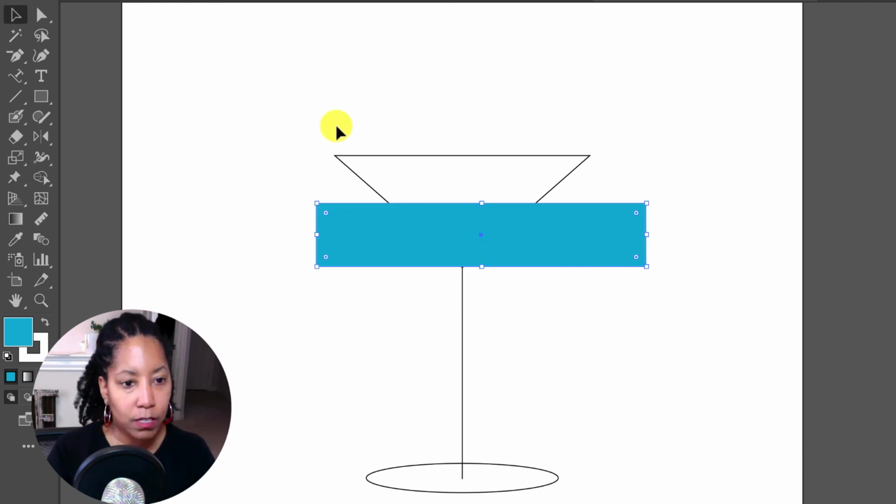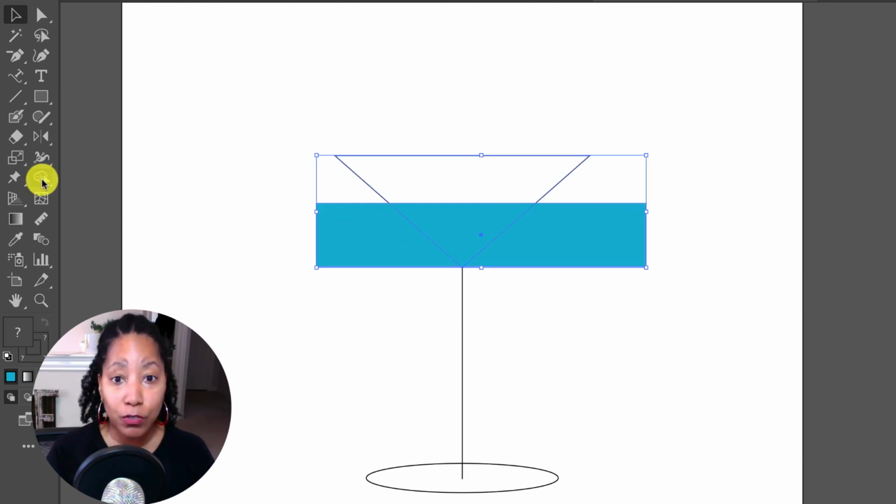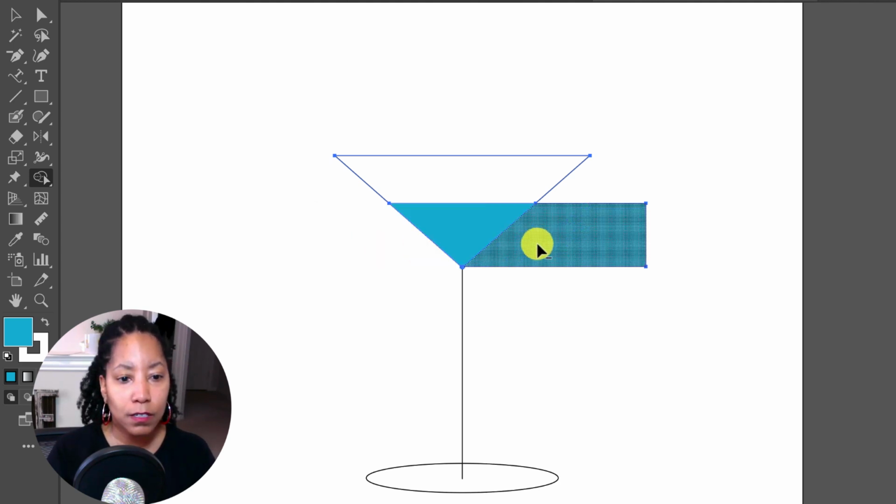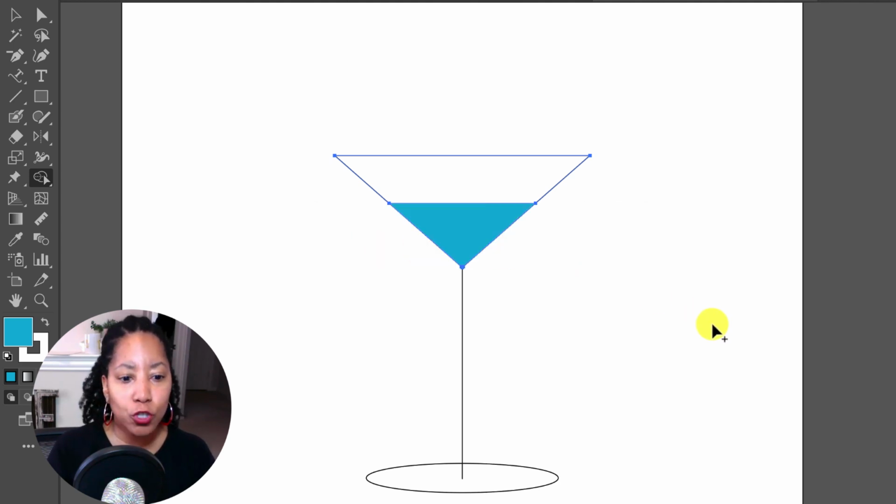Select the 2, click the V on your keyboard first though, select these 2. Illustrator has a shape builder tool that will change your life. I use this thing so much. So you click that, hover over the area you want to delete, hold down Option or Alt if you're on Windows, click, it's gone. Now I'm showing you how to do this with this glass,